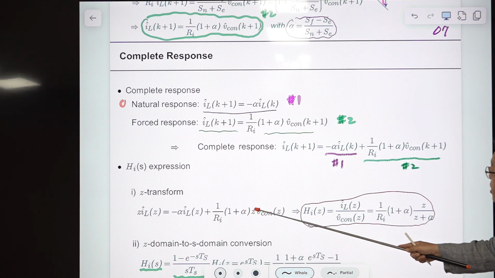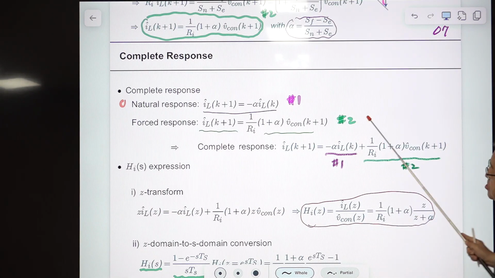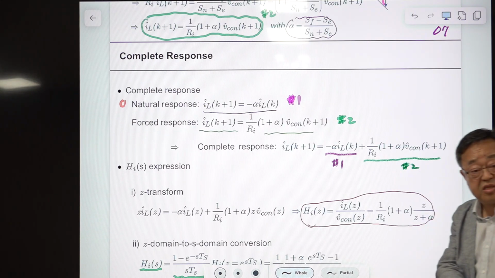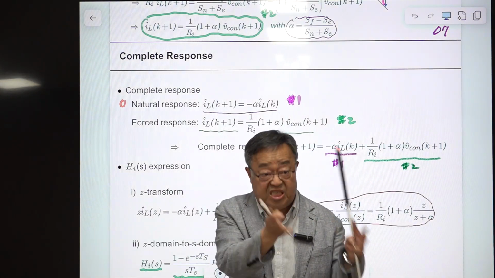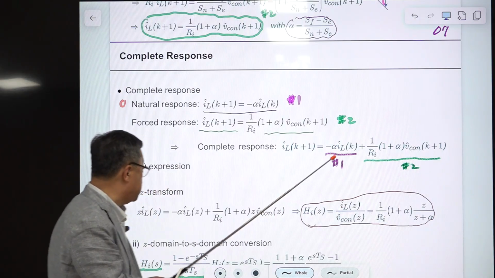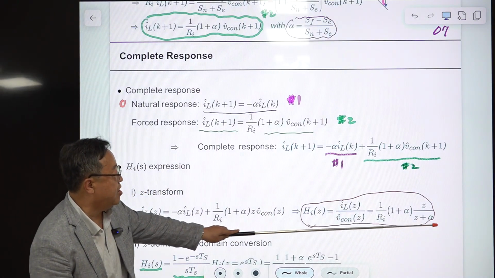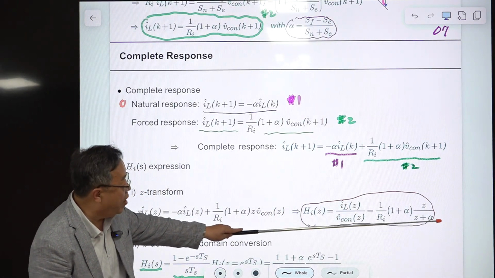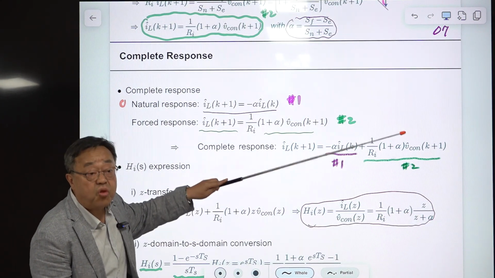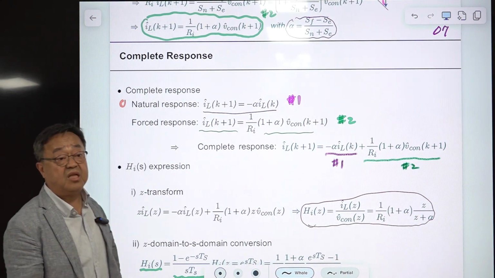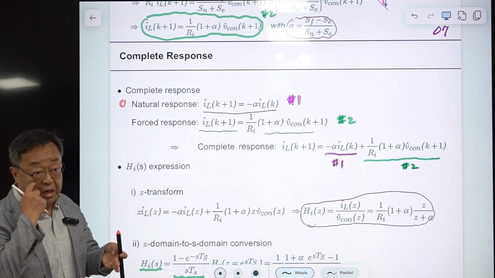Or G here, okay? So this is just the same as the S domain transformation, but with a different rule. In S domain, differentiation is S, but in G domain, time advance is G, okay? So we have G here. This is the final result. Or in G domain expression, this is the control to inductor current discrete time equation, G domain